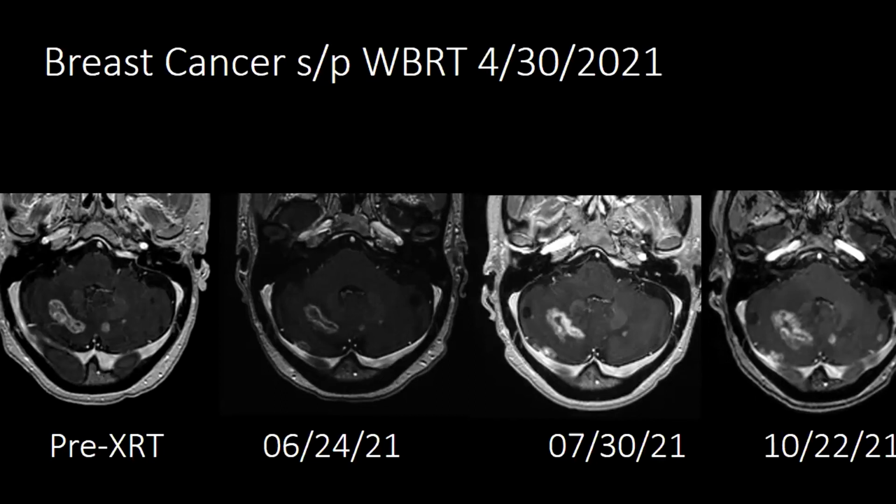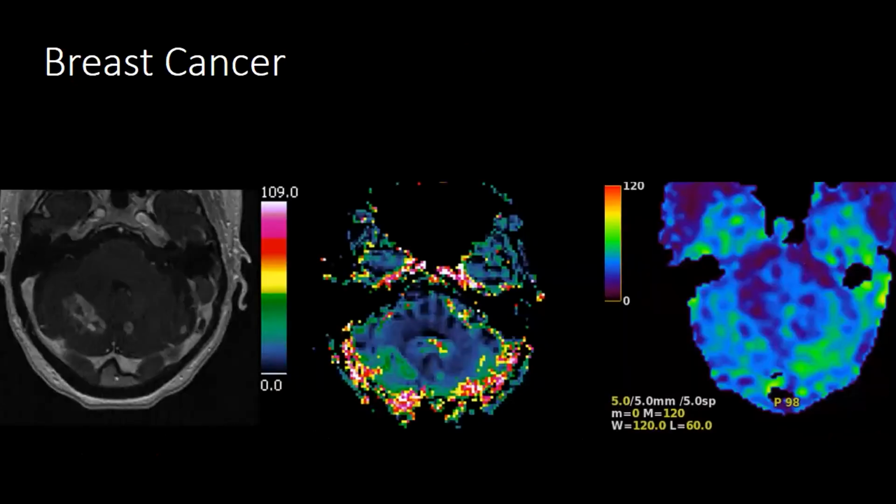Now, sometimes you may get a hint that this is radiation necrosis. As you can see here, you have these little streaks coming through, possibly, but one cannot be sure. So this is when you have perfusion imaging that can come into play, especially if the patient is not a surgical candidate. Here is a little bit of a grainy lesion,